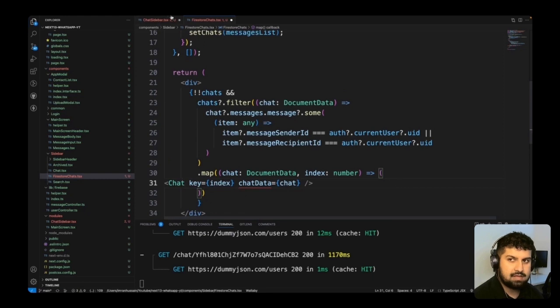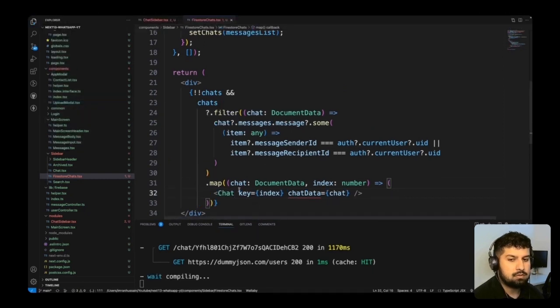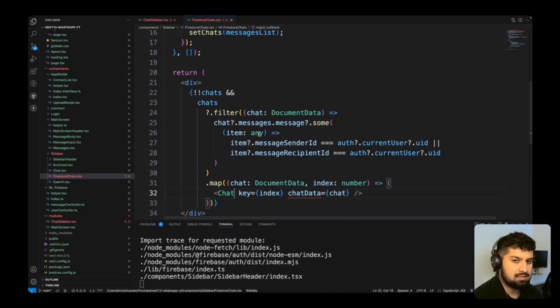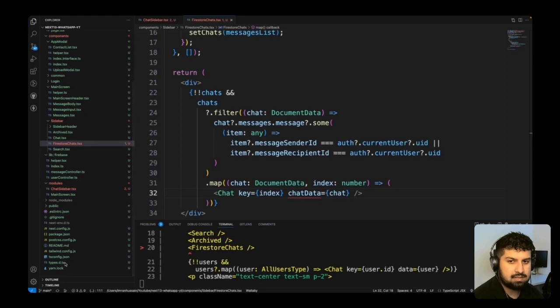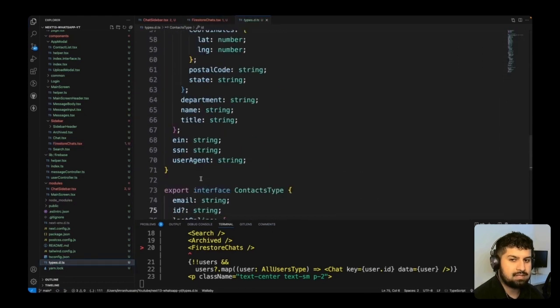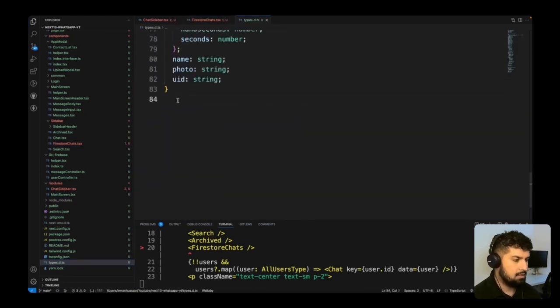And now if I save all, we now need to reconfigure the chat component. But first of all, what I want to do is declare this type in here. So this type is going to be called the chat message type. So let's go into the type.d.ts file, and I'm going to create the chat message type, which is essentially, I'll